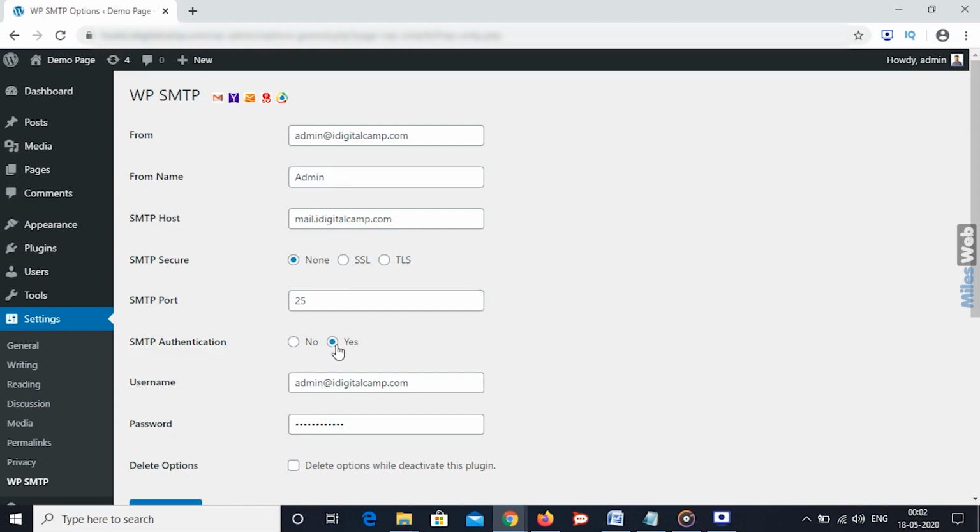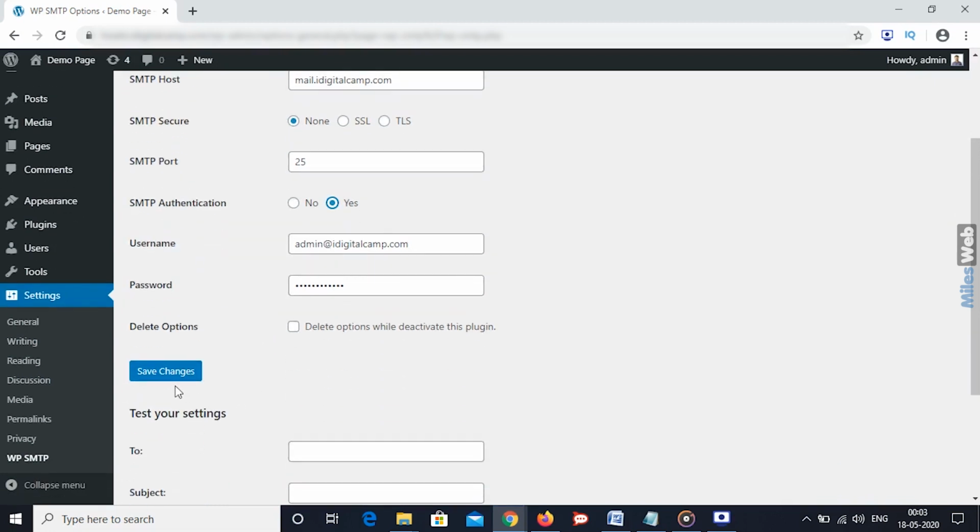Make sure to set SMTP authentication to yes. After filling in the above information, click on the Save Changes button.